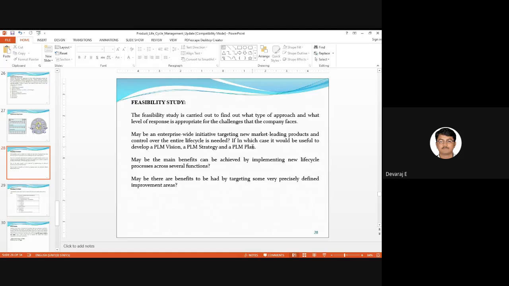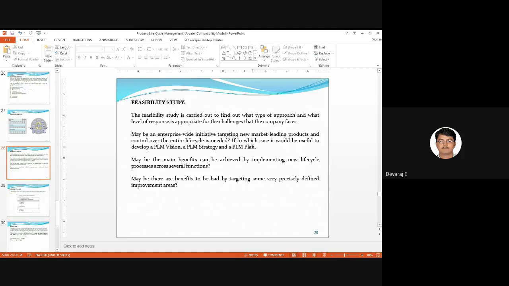And plan: for 1 hour, how many cars should I finish? For example, if a company is working around 8 hours, then 100 divided by 8 is around 12 to 13 cars. So I should manufacture 13 cars per hour. That's called the plan. So you should make a plan before you go for work. That's about planning, the product life cycle management plan.